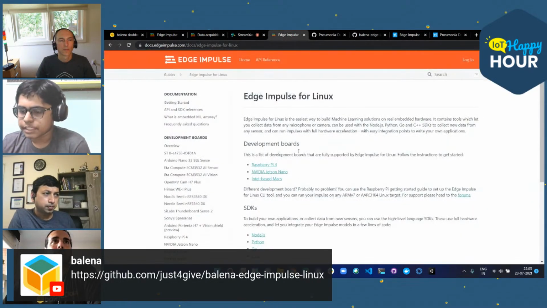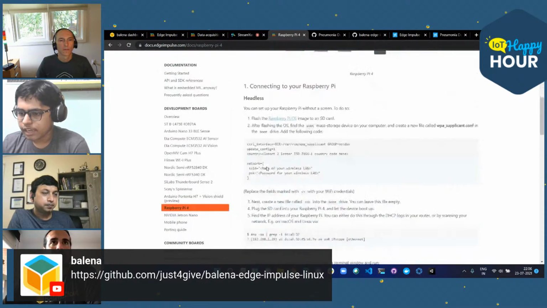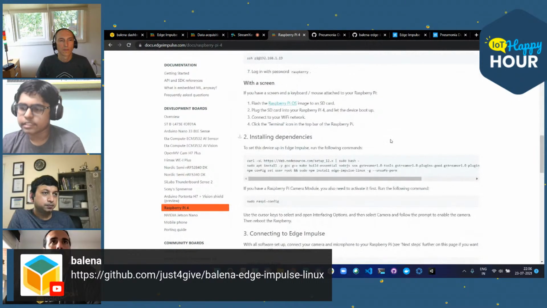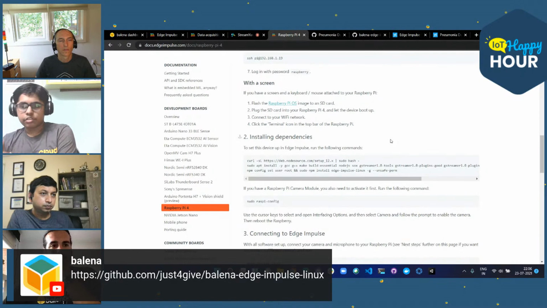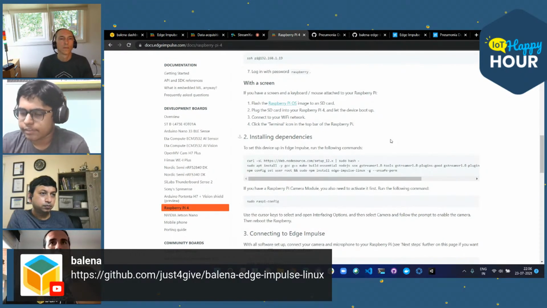If you head on to the Edge Impulse for Linux page, you can see that there is a specific page made for running the EI SDK on Raspberry Pi, with some dependencies required for running the Edge Impulse Linux SDK. The Docker file will then install all these dependencies and extract them, set up the boot to install Edge Impulse Linux, and then connect it either for data collection, or for running the inference of your Edge Impulse Studio project.